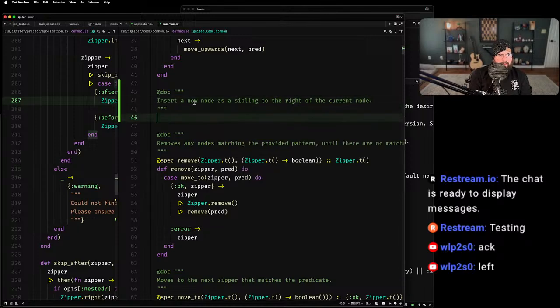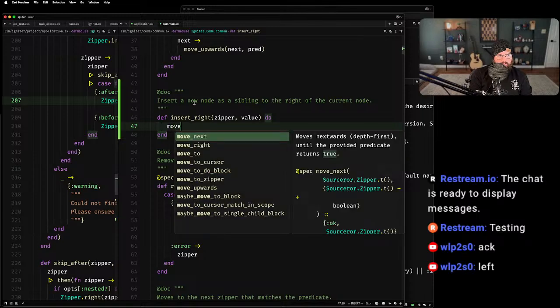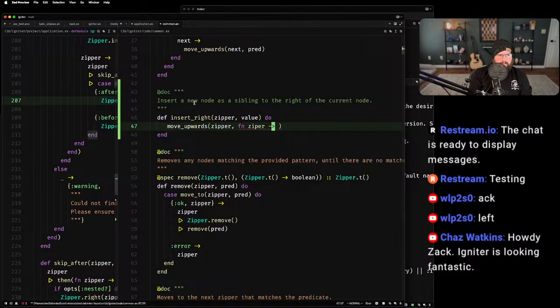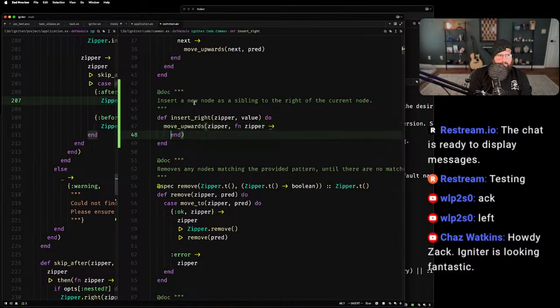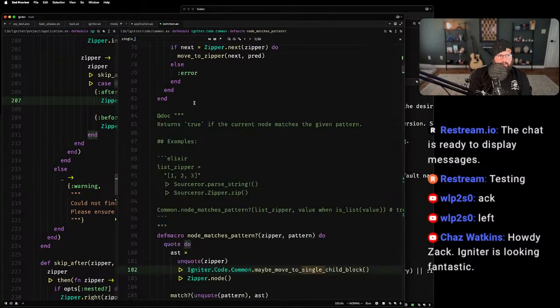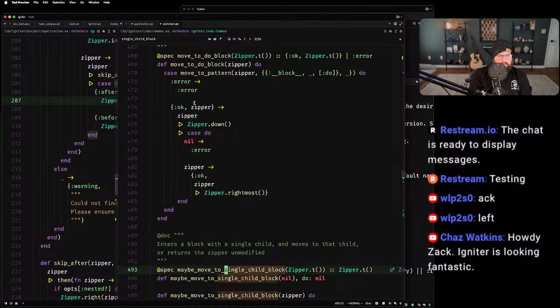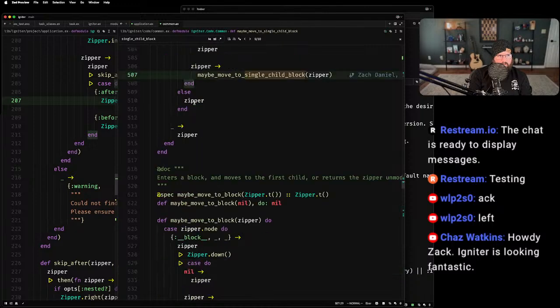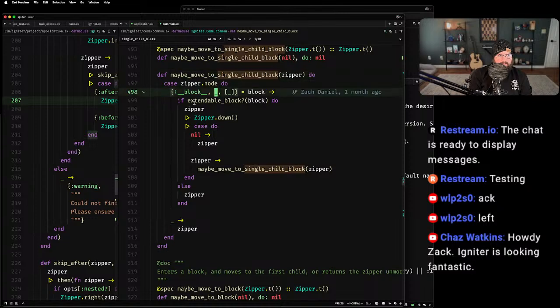Okay, and what we have to do is move upwards until, I would say, what do we have, a single child block? Oh, okay, this is single child block. Is it a block with one child and is it extendable?